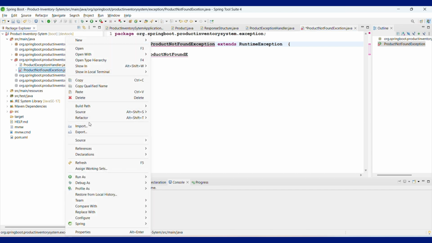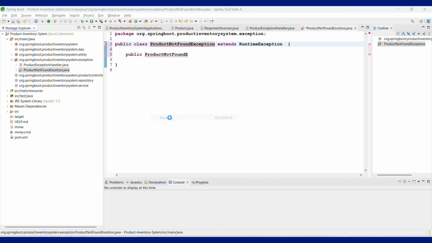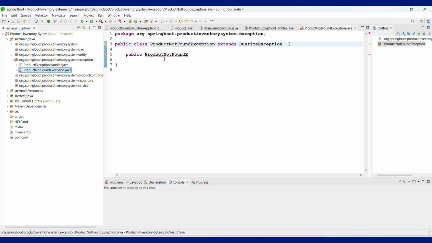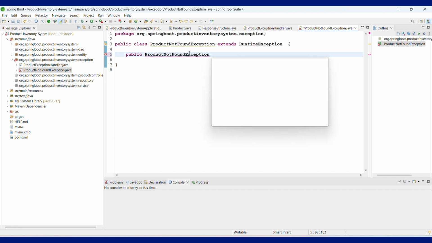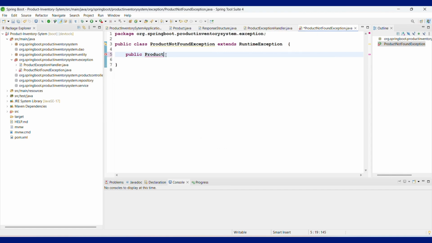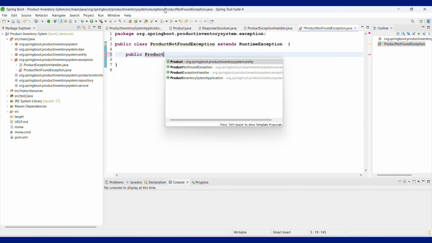Okay, let's refactor. Rename it to ProductNotFoundException. Yeah, product not found exception here. Now we are getting ProductNotFoundException. See, this ProductNotFoundException is present in